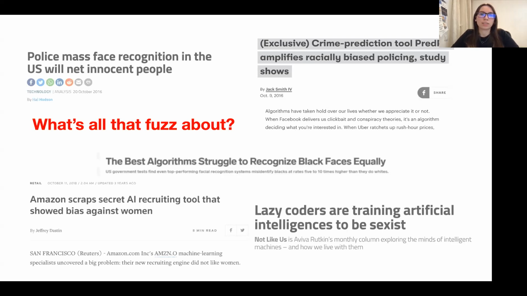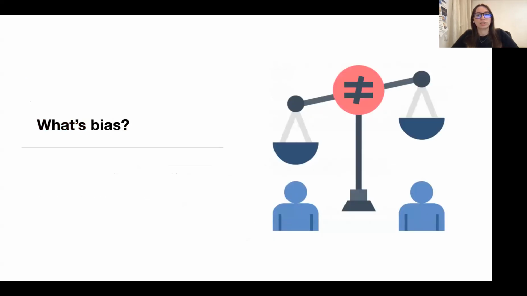So this is something that probably made us think about the problem of bias and why that is happening, what this kind of problem is, and how we can solve that. So let's just talk a little bit about what bias is. And